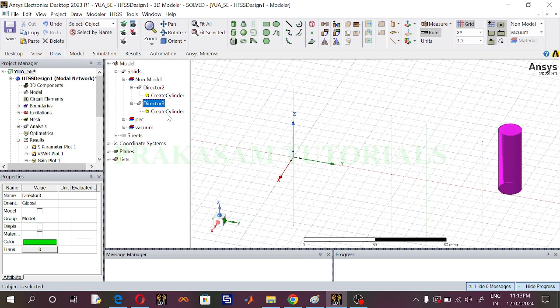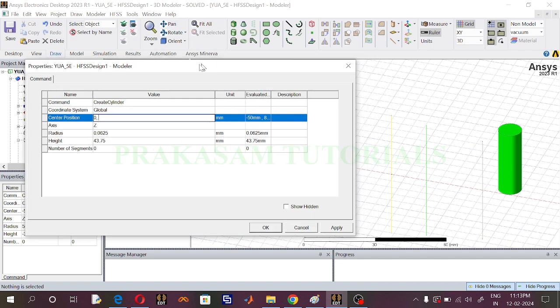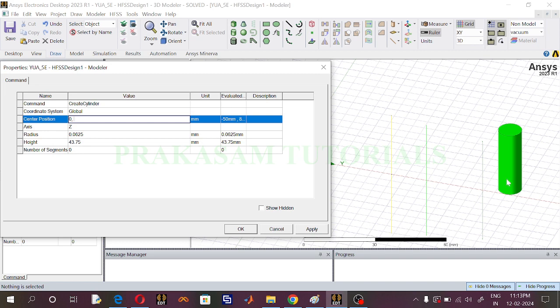Now change the dimensions of the director 3 element, and the director 3 element length is 43.75 mm, and the radius is 0.0625 mm, and position, x position is 0 mm, and y position is, now the spacing between two directors is